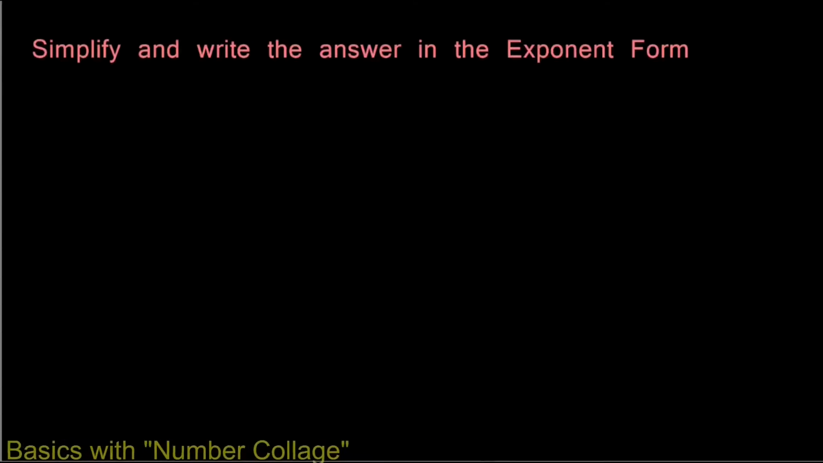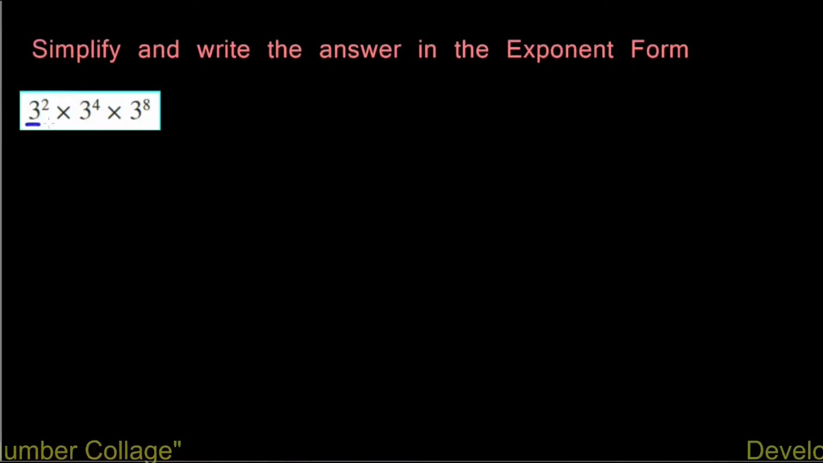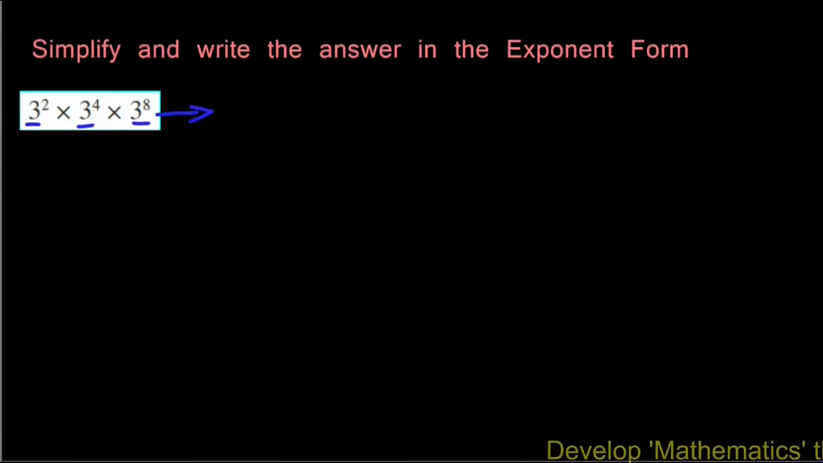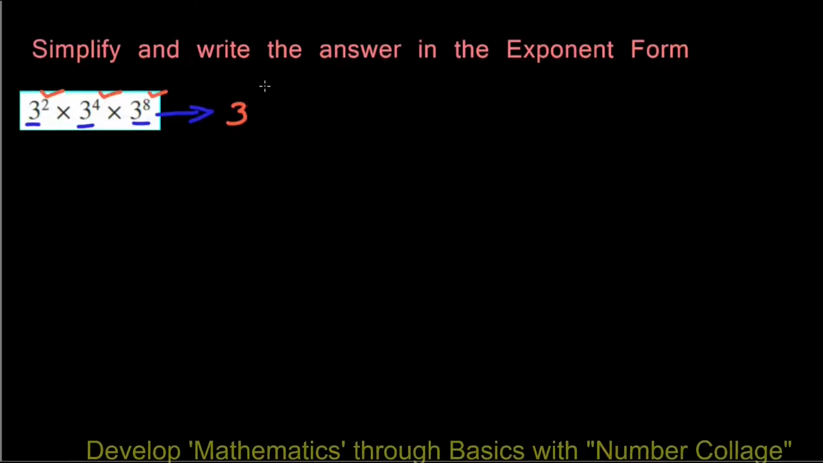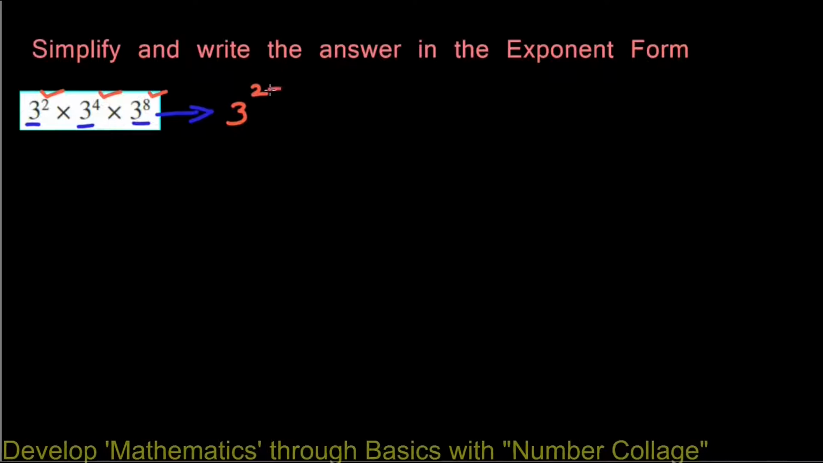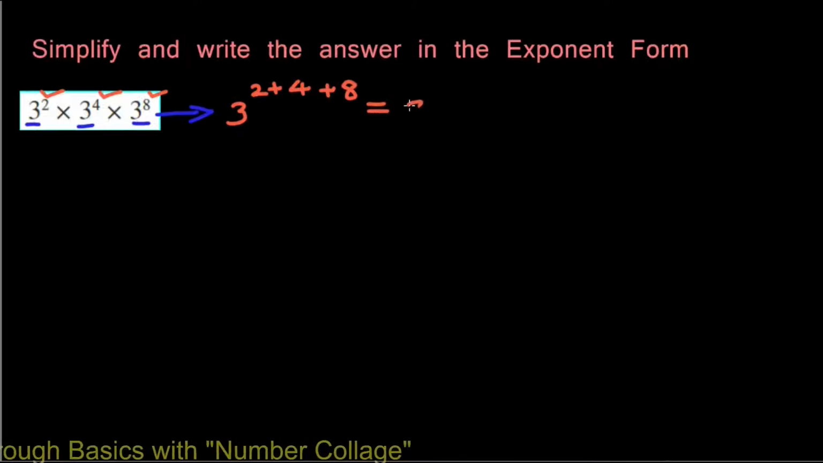We have to simplify the expressions and write the answer in the exponent form. 3 squared multiplied by 3 raised to 4 multiplied by 3 raised to 8. Here the base is same, which is 3, so we will raise this base 3 to the sum of the exponents of the individual numbers, so that will be 2 plus 4 plus 8, so that will be 3 raised